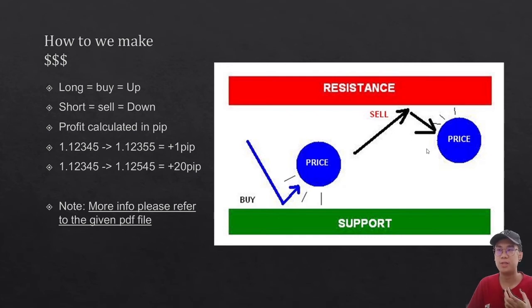And how you actually calculate your win or loss, you calculate the value in pips, or sometimes we calculate in points as well. So let's say from here to here, from 1.2345 to 1.2355, you're increasing 1 pip. 1 pip is over here, over the 4th decimal place. You earn 1 pip of profit. And from here to here, how much do you earn, right? You're increasing 20 pips, which is like 3 to 5, the third digit.